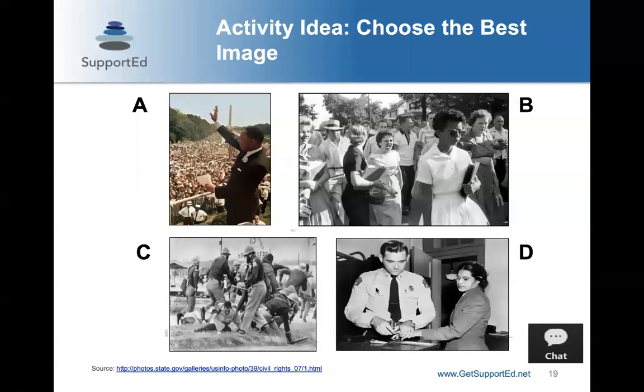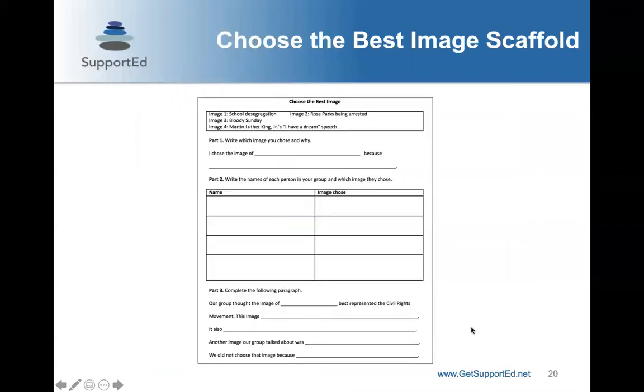All right, I'm going to keep moving along, and you can feel free to keep adding your opinion. And I want to share a scaffold that you might use. So if you're doing this activity, you could choose to scaffold it for your ELLs, especially your ELLs of lower proficiency levels. So you can see here we have the names of the 4 images, an opportunity for students to first think about which one they would choose and why. So they would complete part 1 individually.